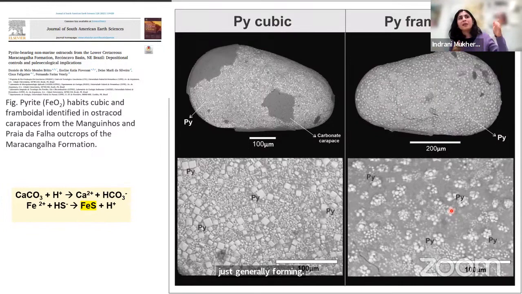So for this replacement to occur from calcite to pyrite, this occurs within the confines of the decaying organism, and it's highly controlled. So the iron and the sulfur supply has to be rather slow and steady. If it's too much, then you'll just end up precipitating tons of massive pyrite. You probably won't preserve much, and you just have this rim of pyrite around this decayed organism. But when it does tend to get replaced nicely, it's a very controlled environment. And I sometimes feel that perhaps that controlled environment will have a different trace element signature compared to the rest of the pyrite.